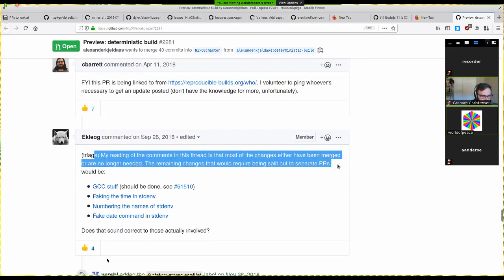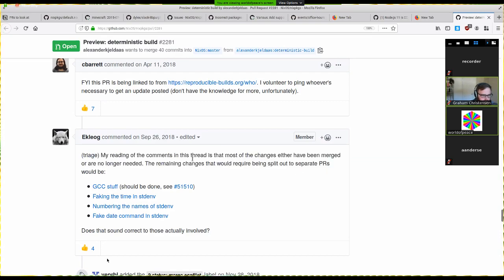Basically, he says these could be the remaining things, but even then afterwards, someone is pointing out that the date stuff or time stuff in GCC is superseded by some other change. So it's quite possible that there is nothing left in there which is relevant. But I'm not even closely an expert on these topics, so I'm not sure.